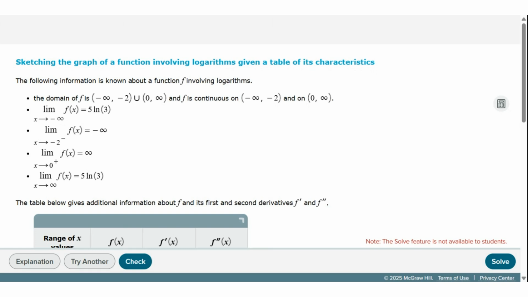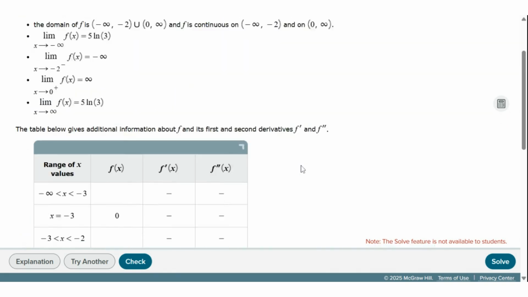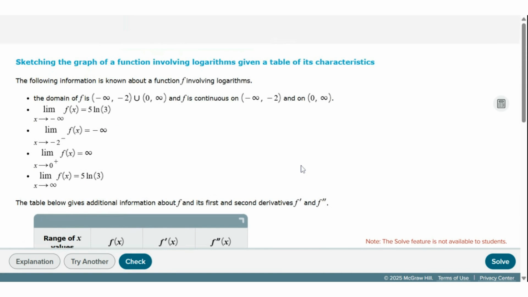In this problem, we are sketching the graph of a function that is logarithmic. We've got a table of characteristics down here, and we've also got some information about limits. So let's start reading through the limits and see if we can make sense of what this is going to